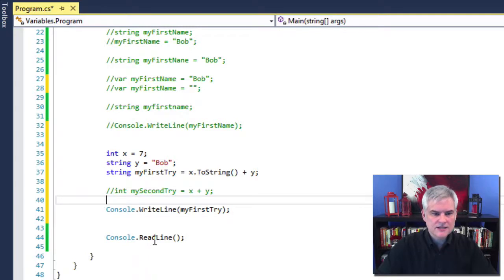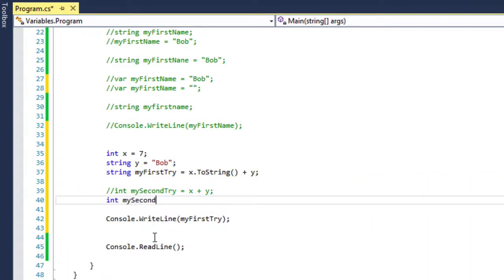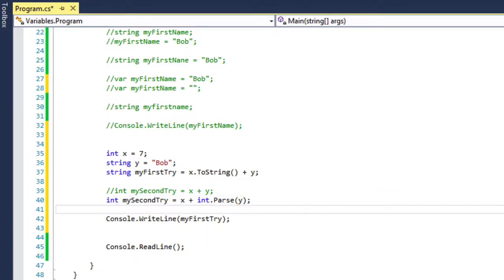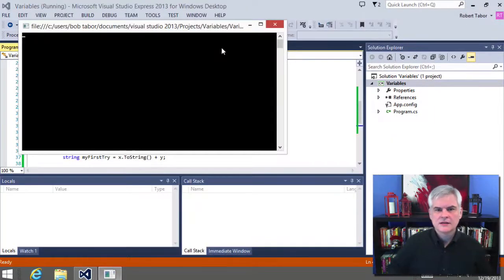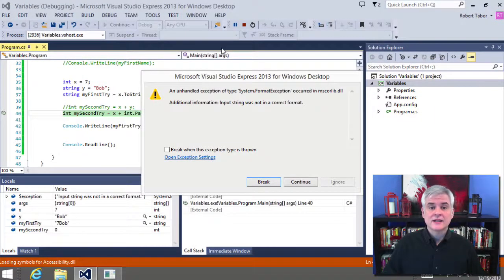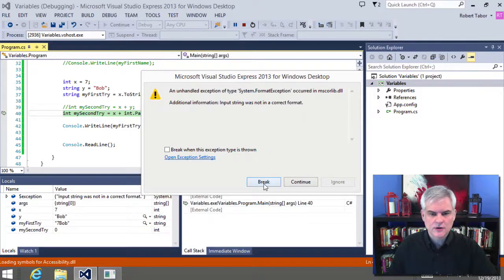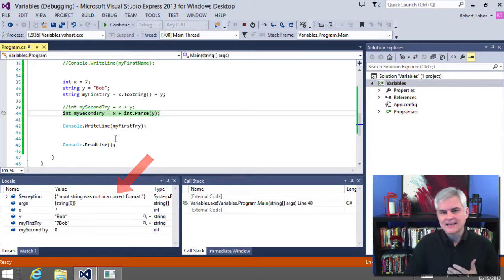And below it, I want to write this line of code: int my second try. Okay, so if you attempt to use the start button, you're going to get an unhandled exception dialog, and unfortunately the error message, if we were to hit break, we take a look at the error message, it says that the input string was not in a correct format. Now translating that into human speak,